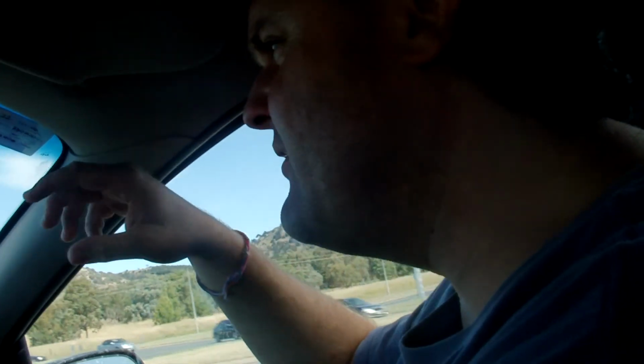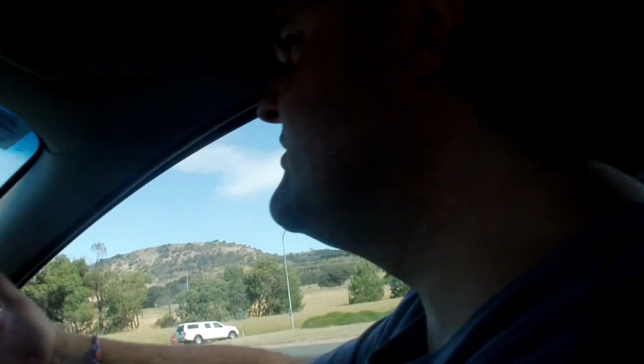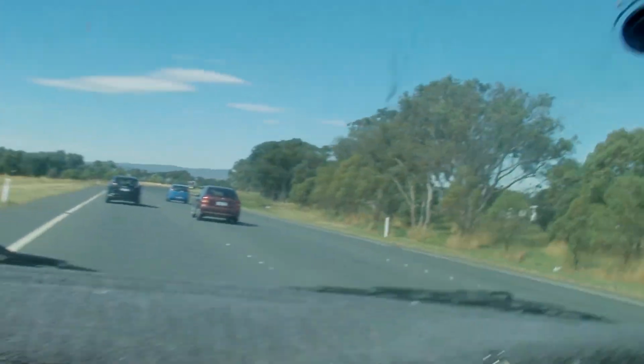Oh yes, but as rough as it's been treated, it still drives smoothly, and it's still a nice car to drive. Certainly a lot better than my Toyota Tarago I had, which was like driving a box. Oh, bloody awful. So, if you're looking for a cheap, good value station wagon,